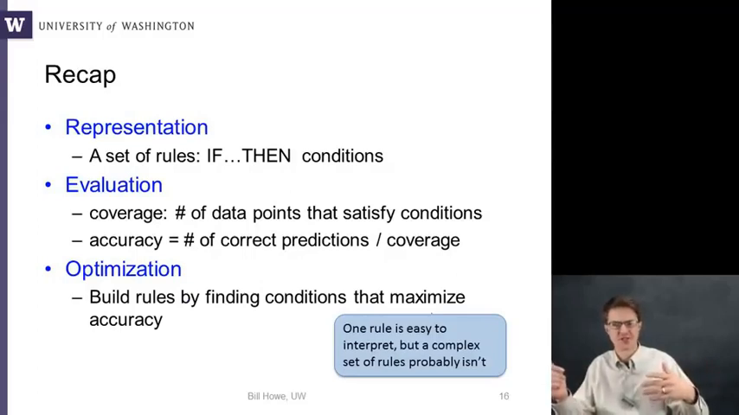And then the optimization, the search strategy, is to build rules by finding conditions that maximize accuracy one step at a time. And there you can either go from general to specific or from specific to general. We didn't discuss the various trade-offs among those choices. And so maybe the takeaway for these rule-based methods, besides using it to build into the next segment, is that